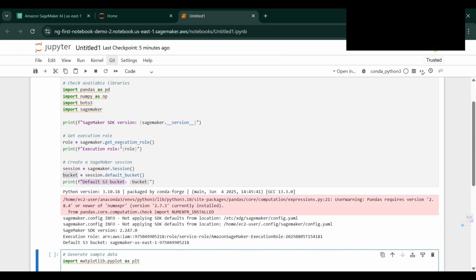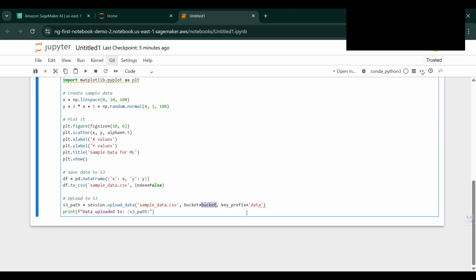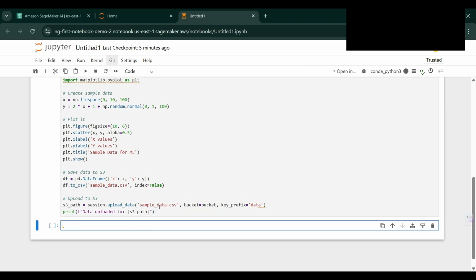I have already saved the bucket name here, right? And we have the key prefix. So the key prefix is data. And if we see, we have the print, right? It will show if it has been uploaded to S3 successfully. So we have got that path as well. So I'm now going to run it,